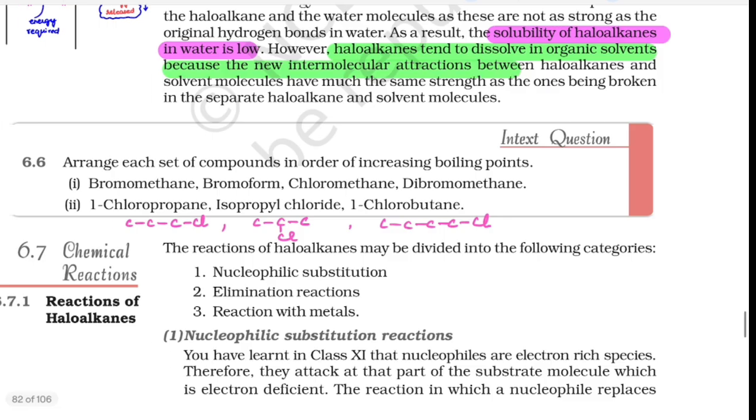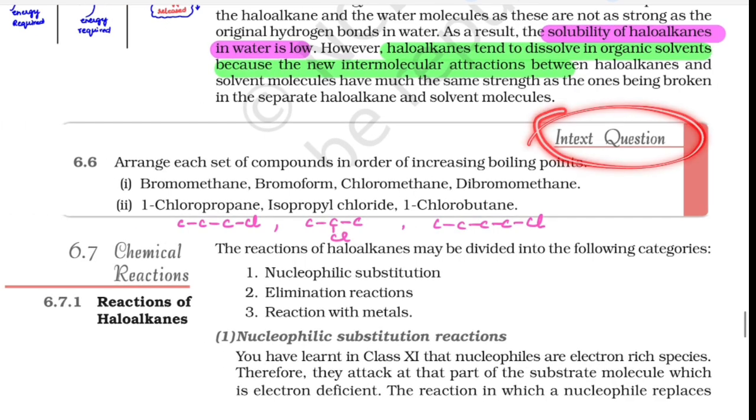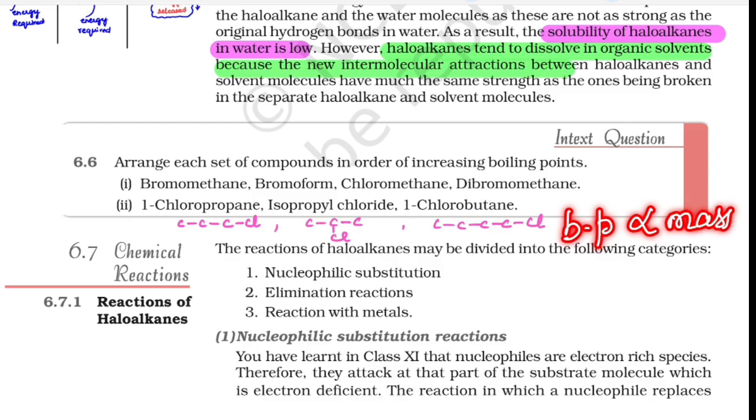Let us see the in-text question now. Arrange each set of compounds in order of increasing boiling point. You know that boiling point is directly proportional to mass. So if mass is more, then boiling point also will be more. Let us see here. The first one is bromomethane. Bromomethane is